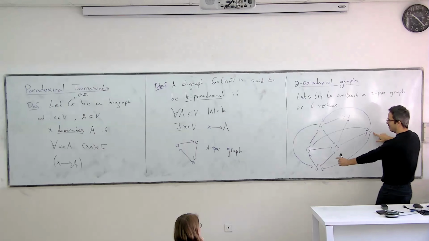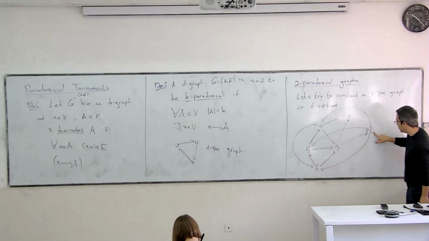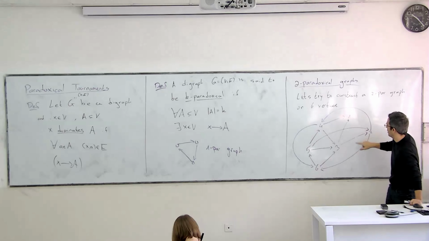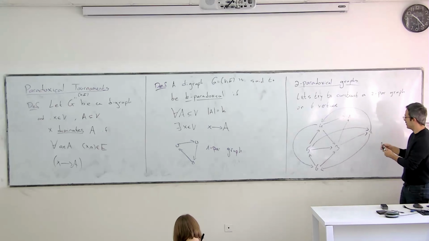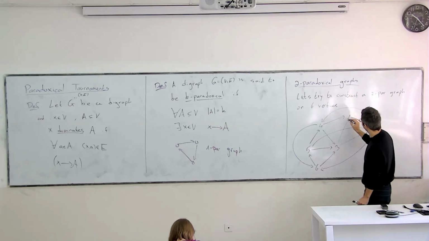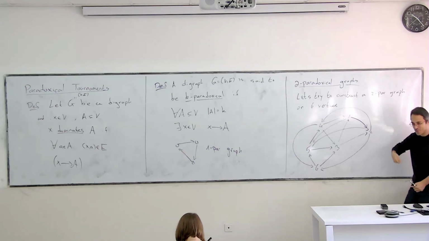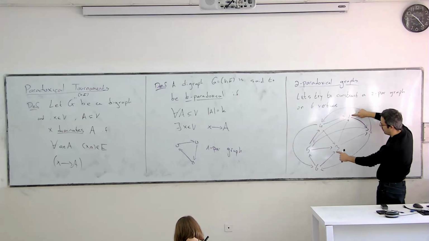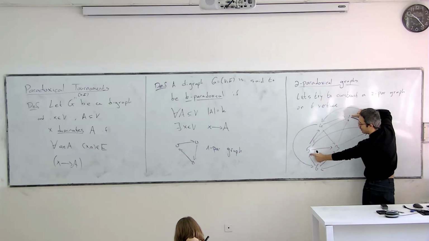So maybe let's look at 2 and 5. Looking at 2 and 5: not 4, not 3, 5, 6, only 1, right? Now 1 gets stronger, so it makes sense to find a partner for him. So let's do 1 and either 5 or 6. It's good to have 5 because you added this edge, so it doesn't count anymore. So 1 and 5.